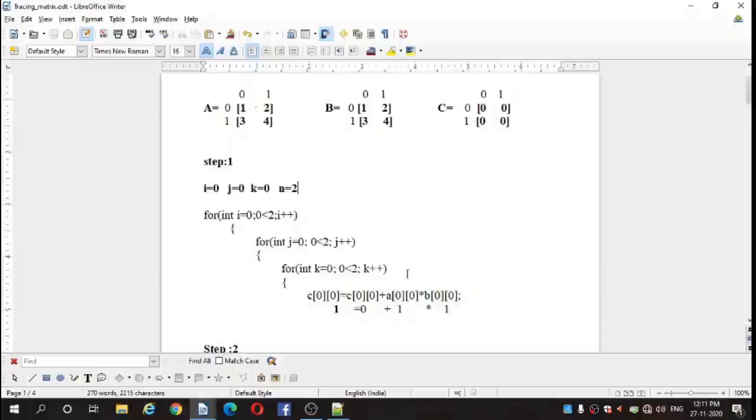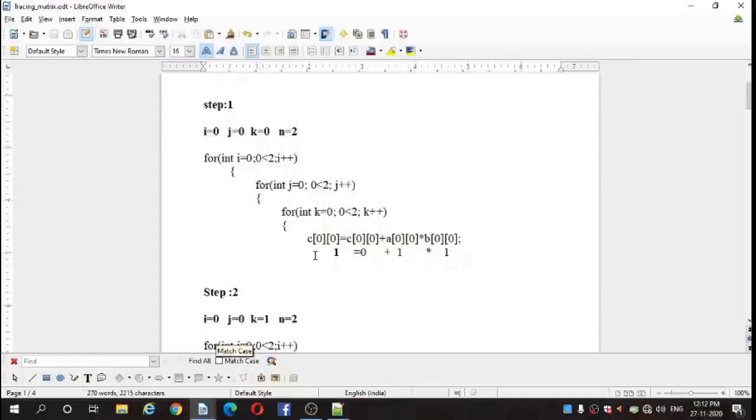So we have the value for A of 0,0, that is 1, into B of 0,0, we have element 1. So 1 into 1, 1, and the result will get stored into C of 0,0. Then the value of k will be incremented by 1, that is k equal to 1.